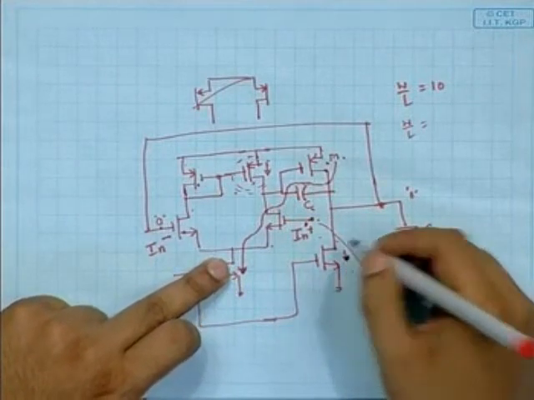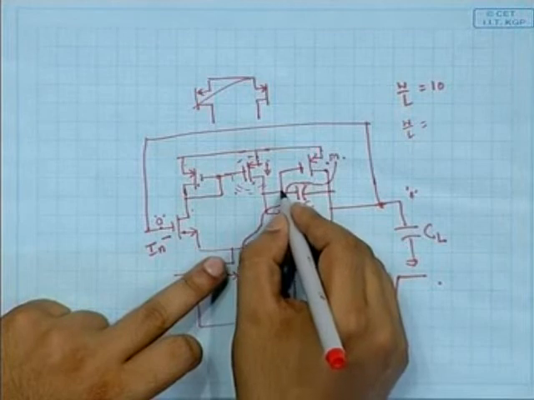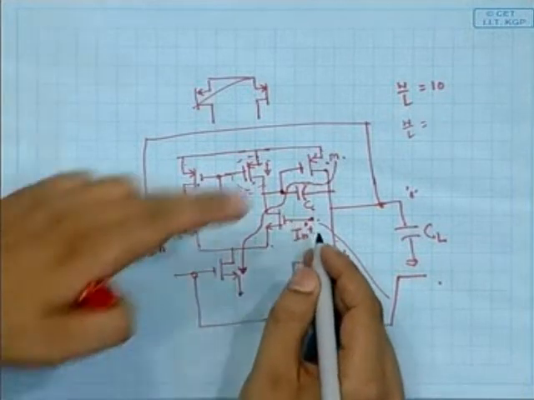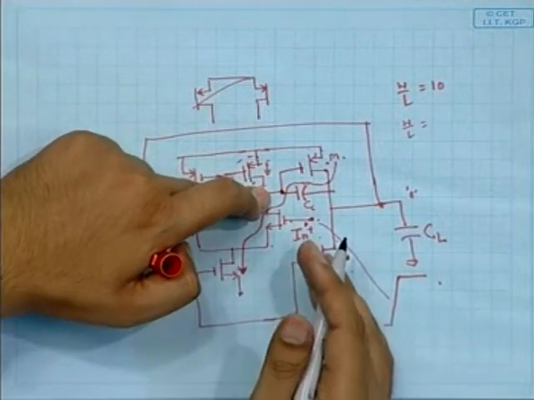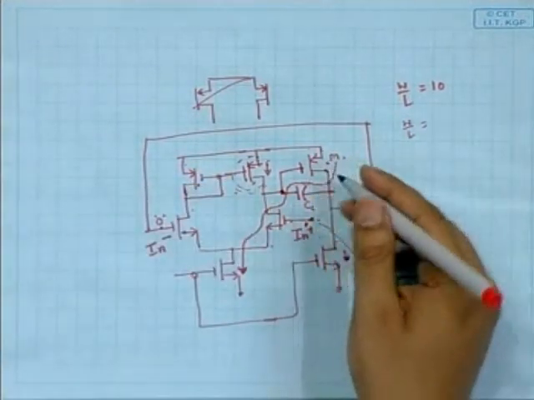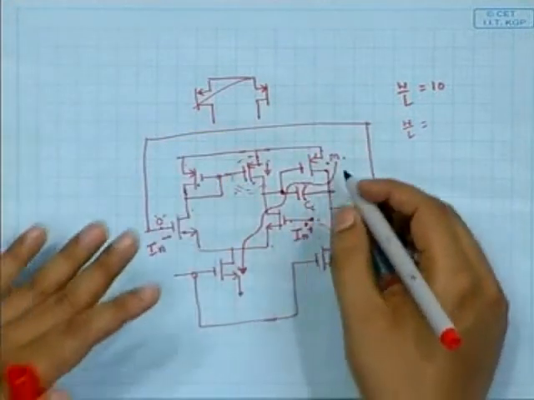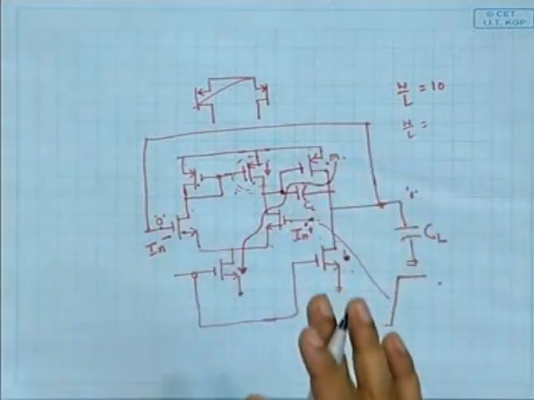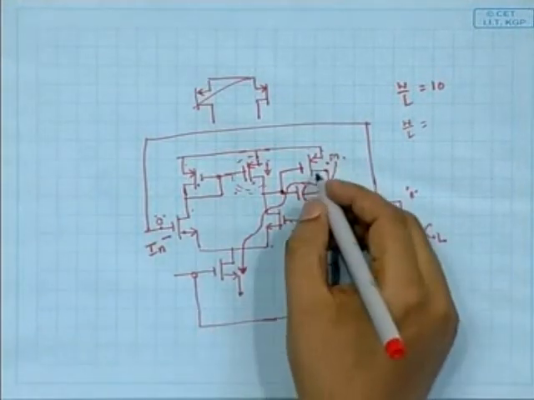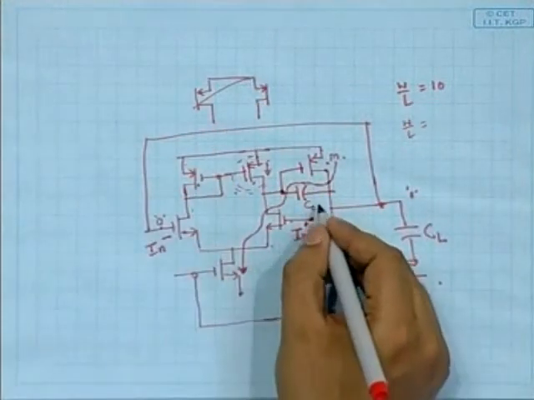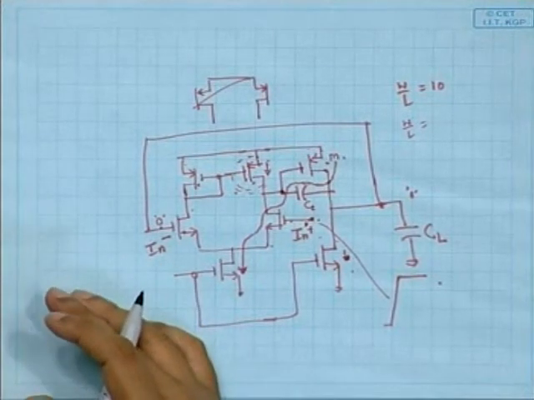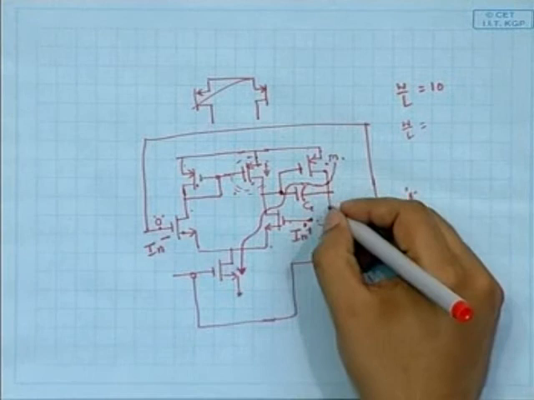If it cannot do that, then the output voltage will fall, and this will drive the input transistor, the drain voltage of the input transistor will get low, and hence it will go out of the saturation region. So initially the current will flow. I'm just considering this transistor can draw this huge amount of current, so the entire current will flow through this capacitor. Okay, so what will be the slope, how will this point voltage rise?